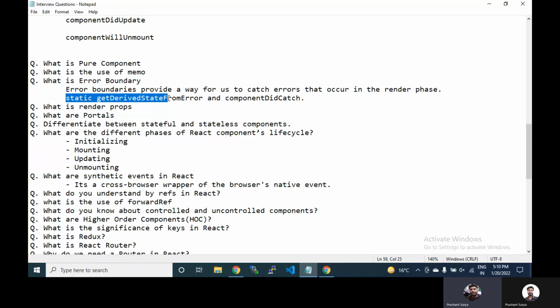The hooks are static getDerivedStateFromError and componentDidCatch. So if there is any error, we will get it in this method, and we can set it to this state, meaning this class state. And we have componentDidCatch. If there is an error, after render this will be executed. So basically, what happens inside the error boundary? If you create an error boundary, you just create a component and call these two methods. These are basically the lifecycle hooks of the error lifecycle of a component.